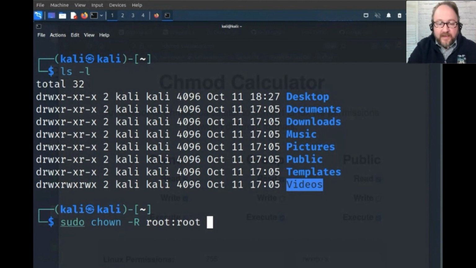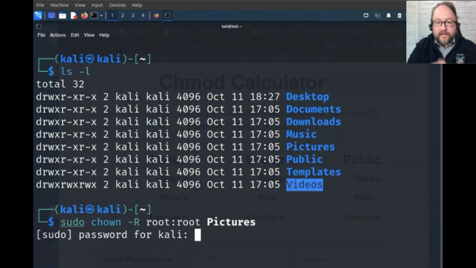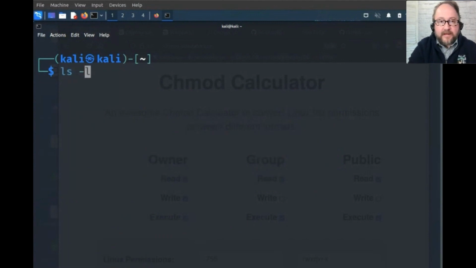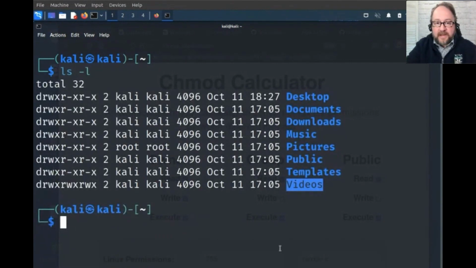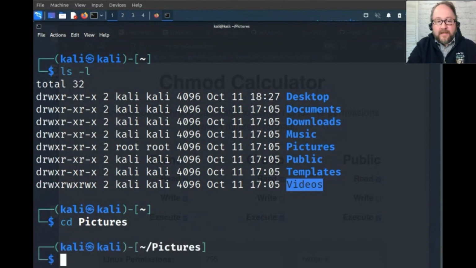Okay. And then so it's root:root space $PI. I hit tab, fills in pictures. I hit enter. Now I have to enter my root password, or my sudo password, I should say. Great, so that worked. Now I clear again, ls -l, and you'll see the owner and the group for the pictures folder is root. Now if I try to cd into pictures and ls, well, we don't have files in here,